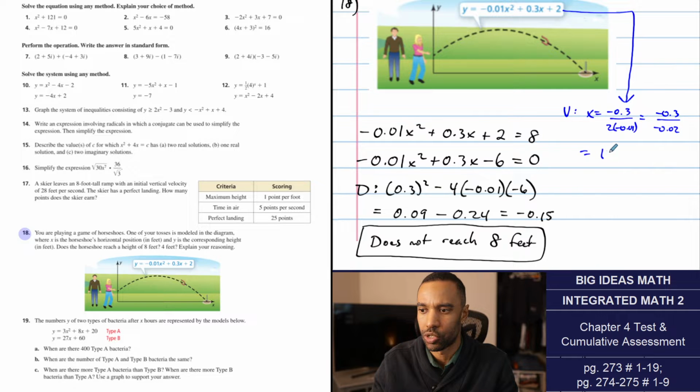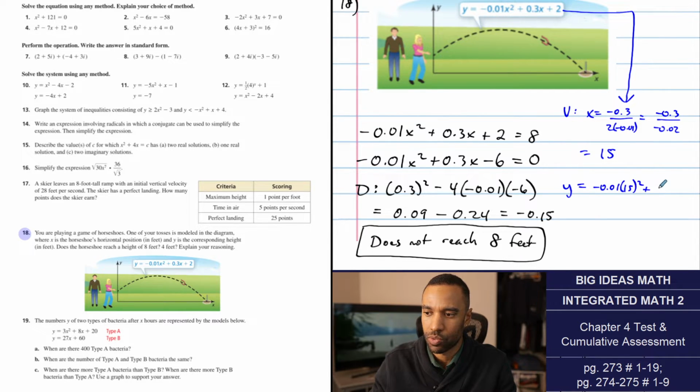I guess it's horseshoes, it's showing how many feet you get to its maximum. It takes 15 feet. So you substitute 15 into your equation to get the y value: negative 0.01 times 15 squared. I'm trying to do this without a calculator. Plus 0.3 times 15 plus 2,